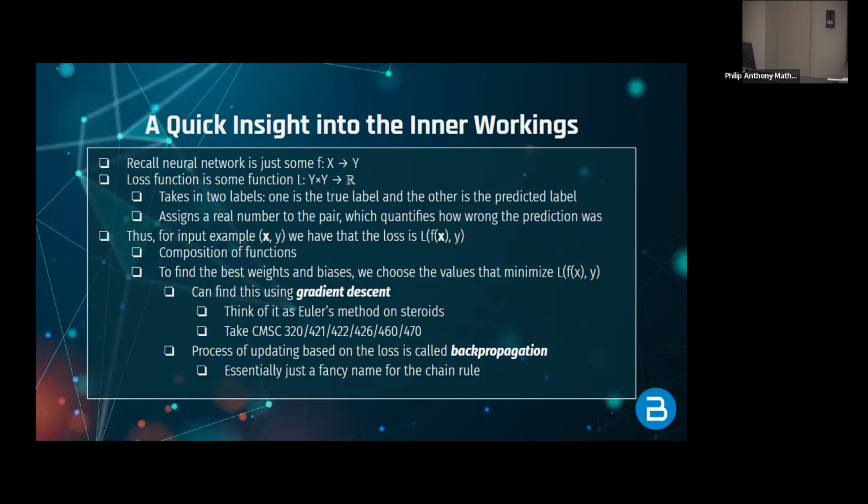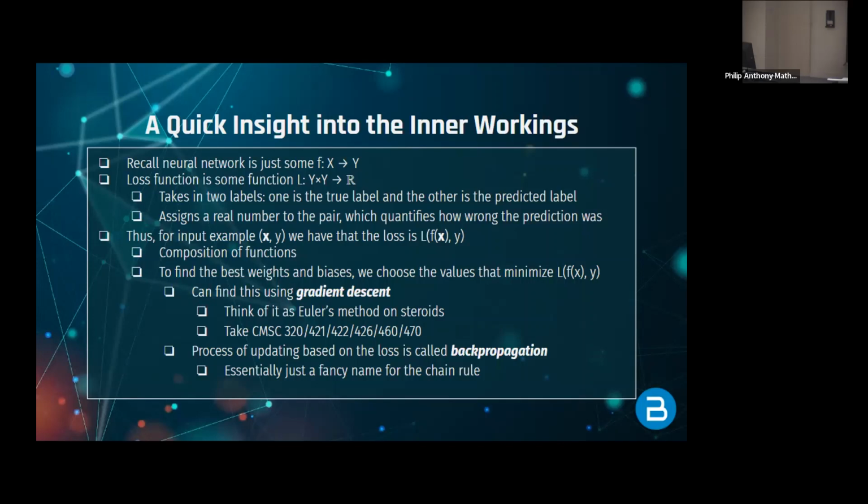You take your function, you then take the loss, and it's all the composition of each other, so you can just do chain rule, or as we call it, backpropagation. In order to figure out what specific weight updates we need to make, and then start moving the model towards correctness.